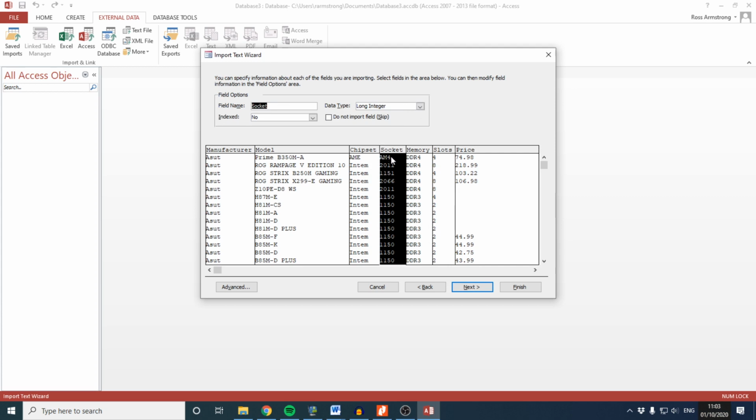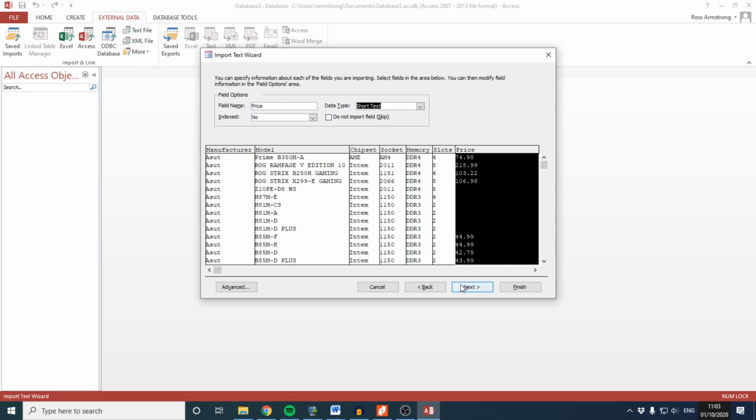Oh, I didn't check that properly. Obviously that was going to give me an error. I can see that it should be short text. My bad. I don't know how we missed that, but